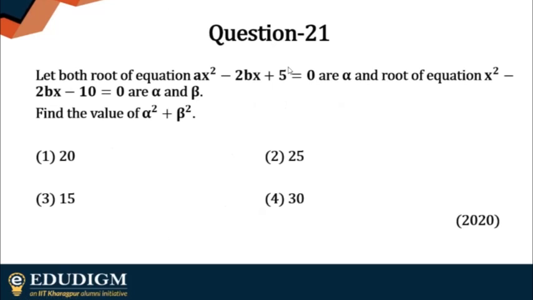This is actually the last sum in this chapter. So let's quickly work this one out so that we can take a break and come back for the next chapter. It's very simple. You have an equation which is having both of its roots as alpha, and another equation having alpha and beta. You have to find out the value of alpha square plus beta square. Nothing much logically. Again, just be patient with the calculation. I'm sure you are going to get the answers. Just take some time and answer this one.